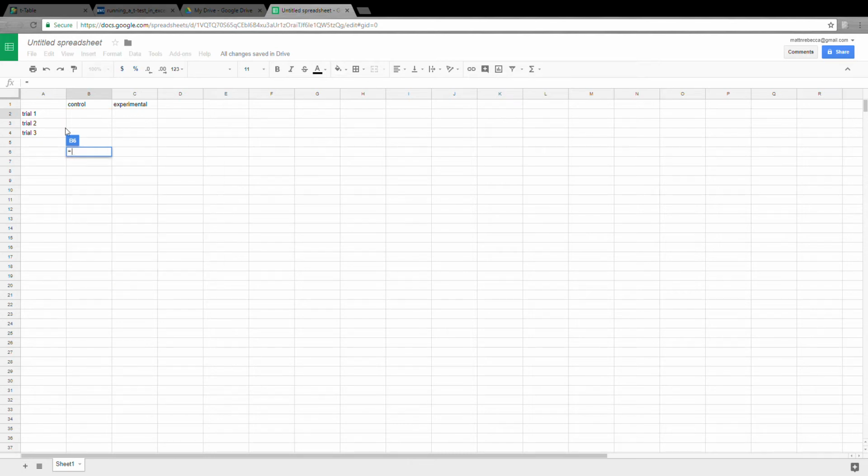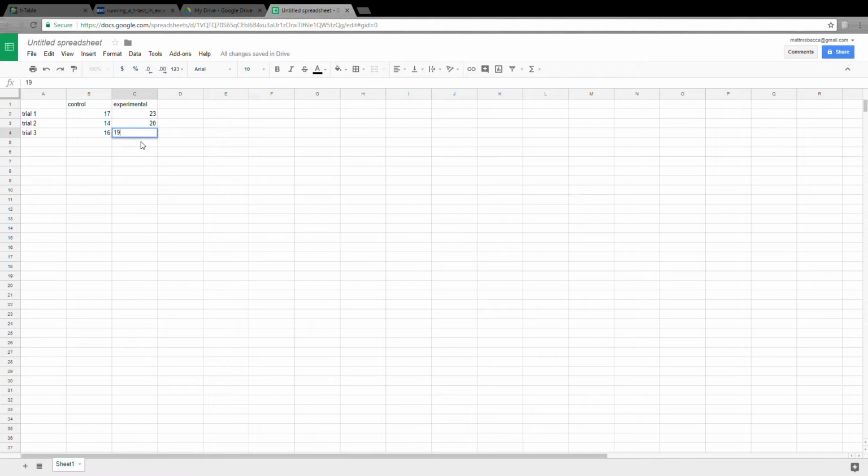milliliters. I don't want to put data in that one, I want to put it up here. Sorry, I'm going to clear this data cell. So I got 17 milliliters of juice, and I got 14 milliliters of juice, and I got 16 milliliters of juice. And then for my experimental group, let's say I got 23 and 20 and